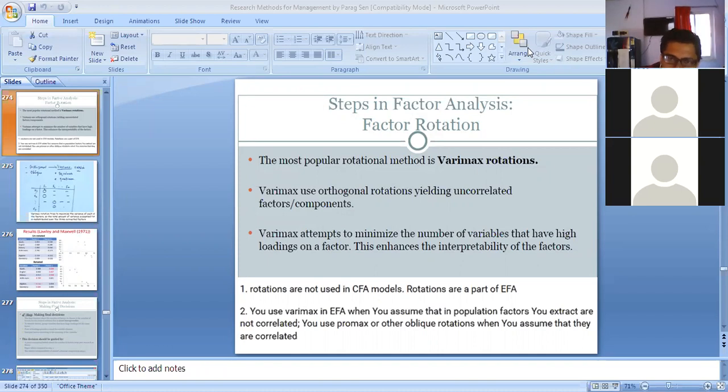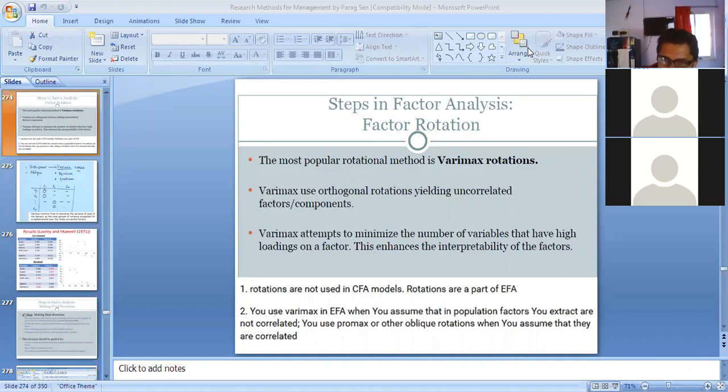But in case of confirmatory factor analysis, the same thing will not happen. In confirmatory factor analysis, you have done the literature review. Okay, so you already know the factors, and you already know the underlying variables, that means the variables under a specific or particular factor.